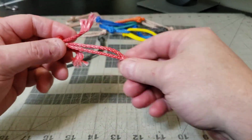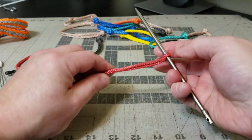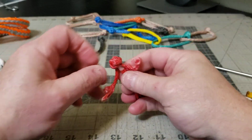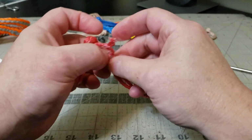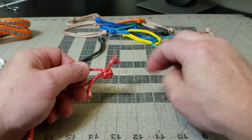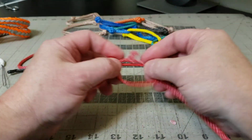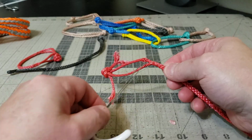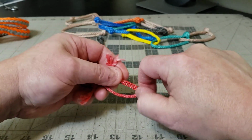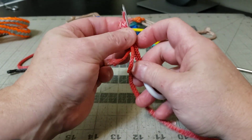If these two strands kind of look a little bit uneven, now is a good time to go back to your noose part, and then you can just pull on it like this, and it'll get everything seated in there, and the knot will give up some of its length to make everything perfect. Of course, we got to get the sticky tape out of there. Okay, so here we go. As you see, we got just enough left to bury the remains of that 5.5 inches that we used to make the knot. All the way up to the bottom, grab the strand,